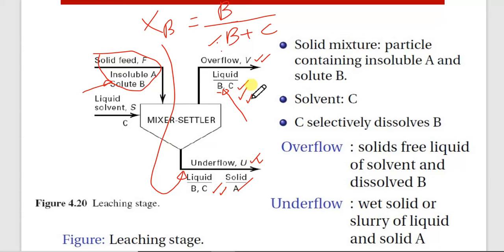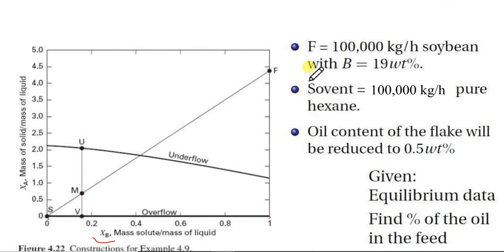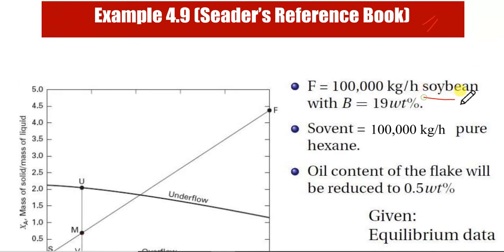So this is the important concept, like equilibrium. They are in equilibrium, a little bit in a different way than what you have in other processes like distillation and liquid extraction. But here, YB equals XB. Okay, so let's come to the question itself. So we have feed which is having soybean,